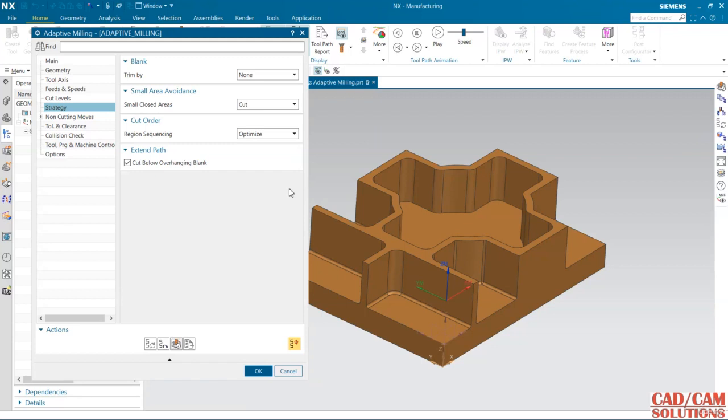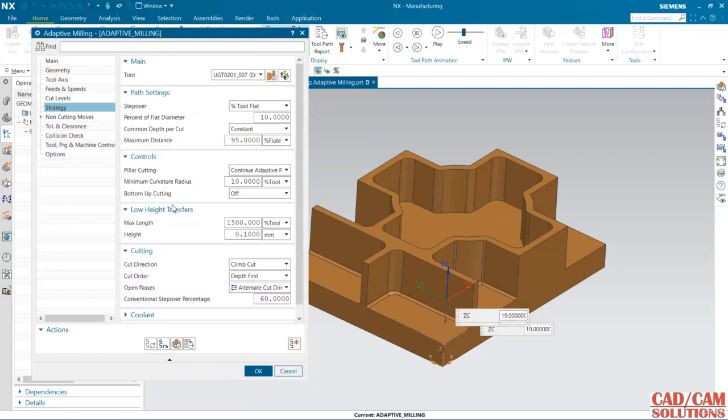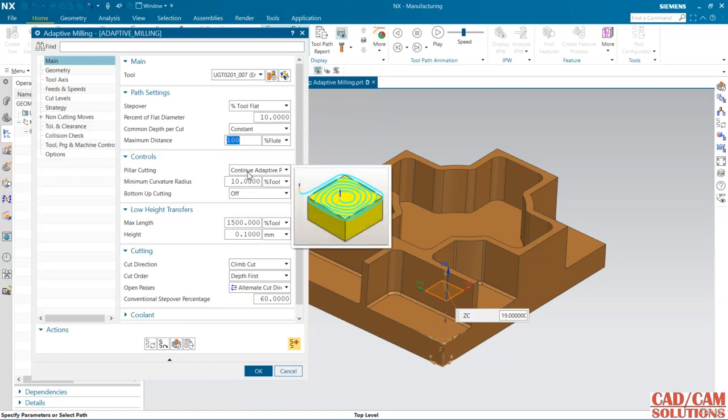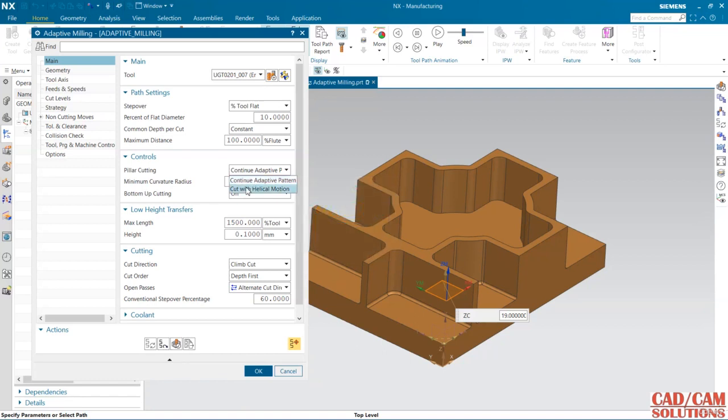Still some material is remaining, so from the main change it to 100%. Okay, and I'm using this continuous adaptive pattern, and we have one helical motion as well, and